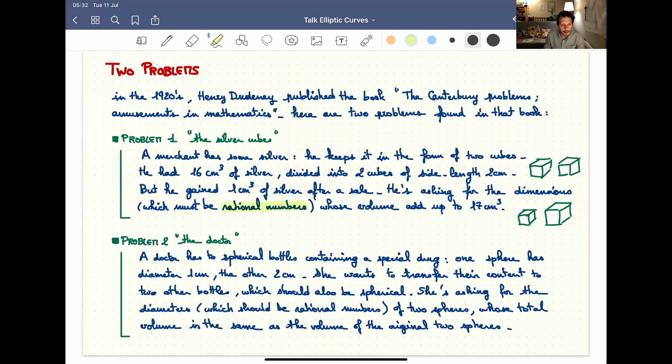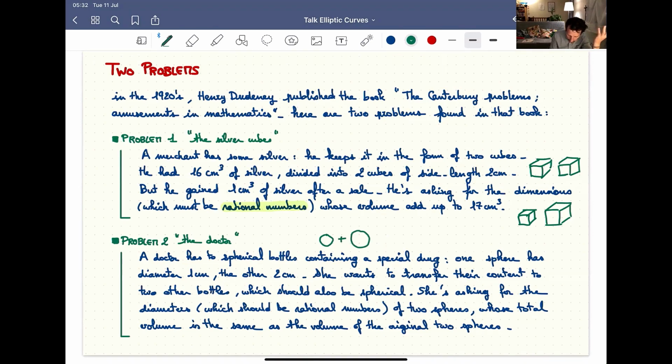The second problem is called the problem of the doctor. As you see, it's a bit similar. It's about a doctor who has a special drug, and she keeps this drug in spherical bottles. She has one sphere of the drug with diameter 1 centimeter, and another with diameter 2 centimeters. And she wants to, for some reason,